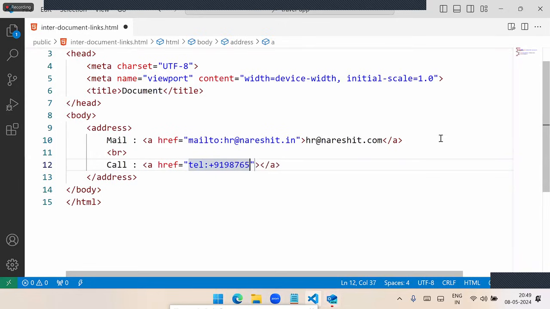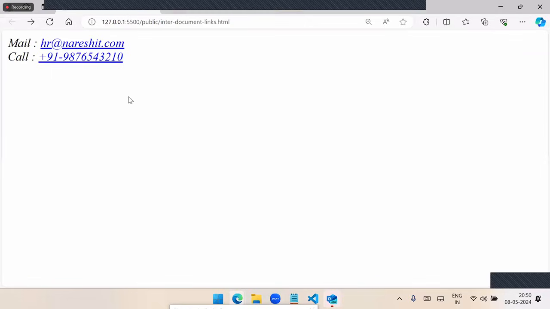Some phone number I am giving here. And here we will put the phone number. So that means +91, some phone number I am giving. So like this, I am just giving some phone number. That means what happens is when you click on this, these days in your Windows also, you have a